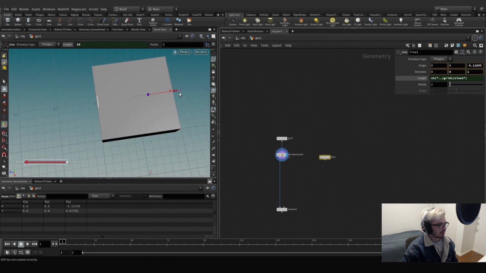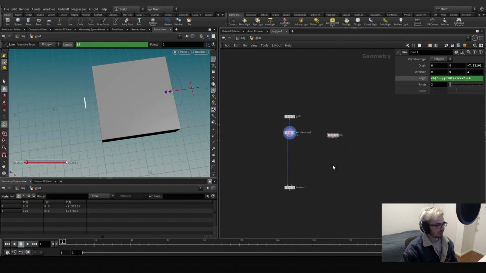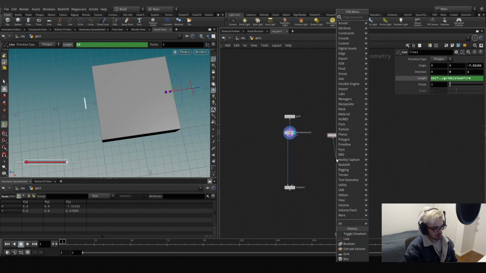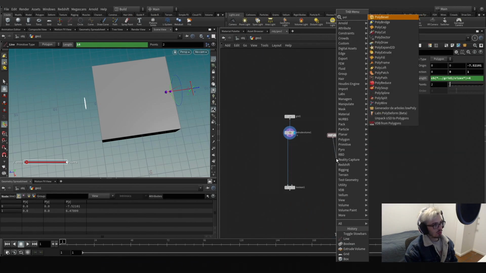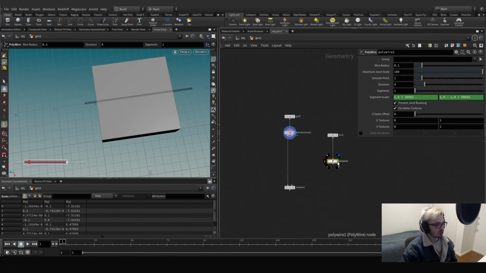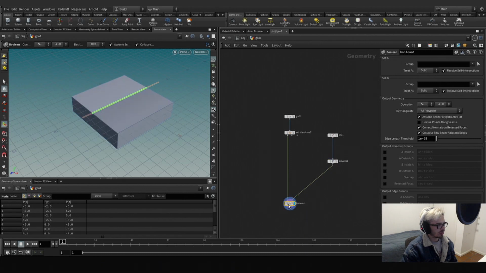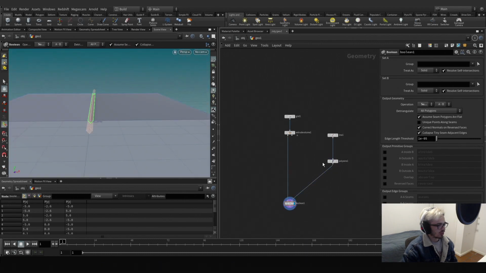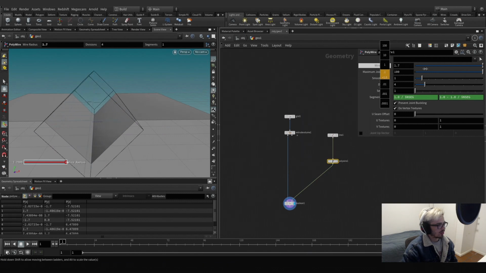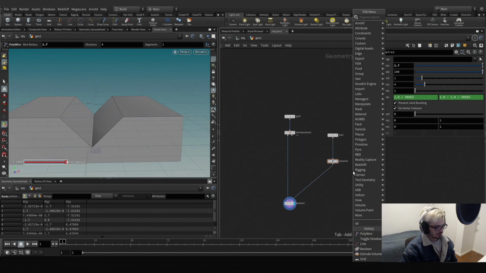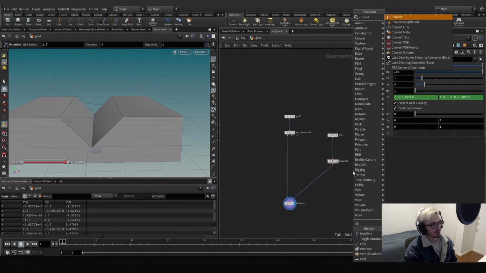So we can move it by hand, we don't need to be so precise in this. And let's make it just a tiny bit longer, so we know that we want to list a tiny bit more. So with 4 meters more, it's okay. Now with this we're going to create a poly wire, which will represent our concavity. If we apply these guys together and we subtract, we will see this, right? So let's make this bigger. There we go. Now we can do a convert VDB